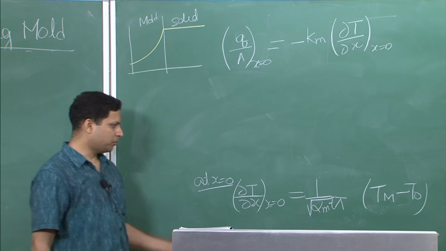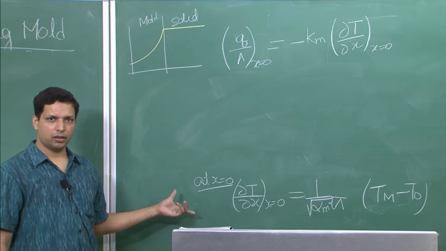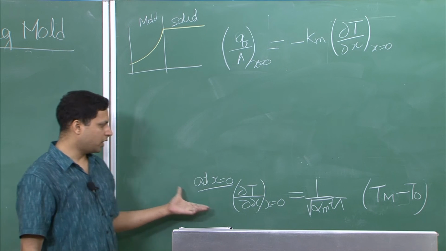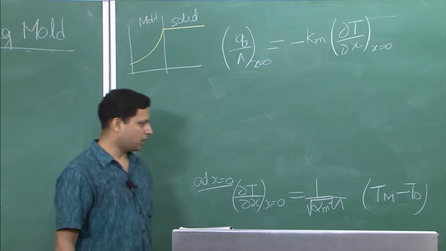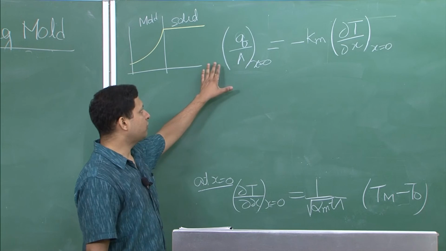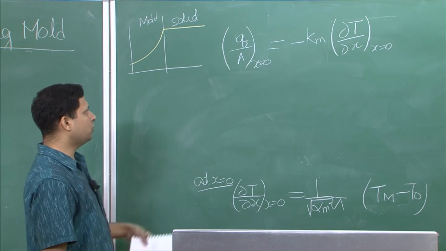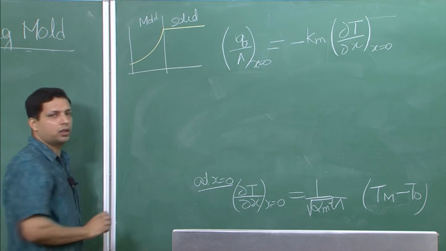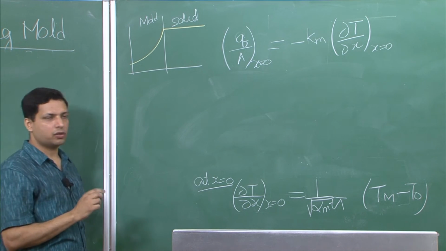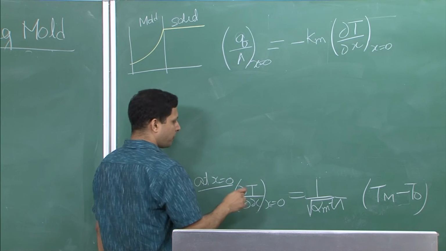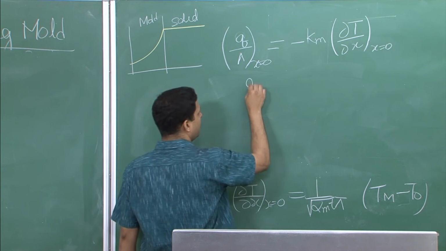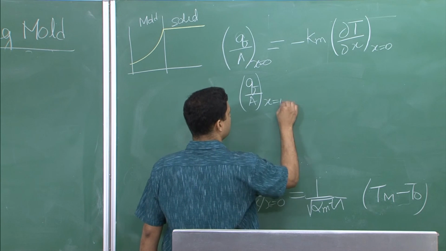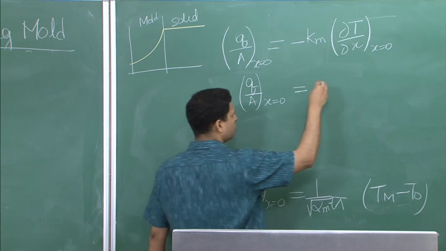Okay, so let us get back to the equation that we left with in the previous lecture. So, this is the del T over del x at x equal to 0 and this is the form of the equation. Now, if we want the heat flow rate which is Q over A at x equal to 0, that is the heat going in from the solid into the mold, that is what Q over A at x equal to 0 means. So, this Q over A at x equal to 0 turns out to be,